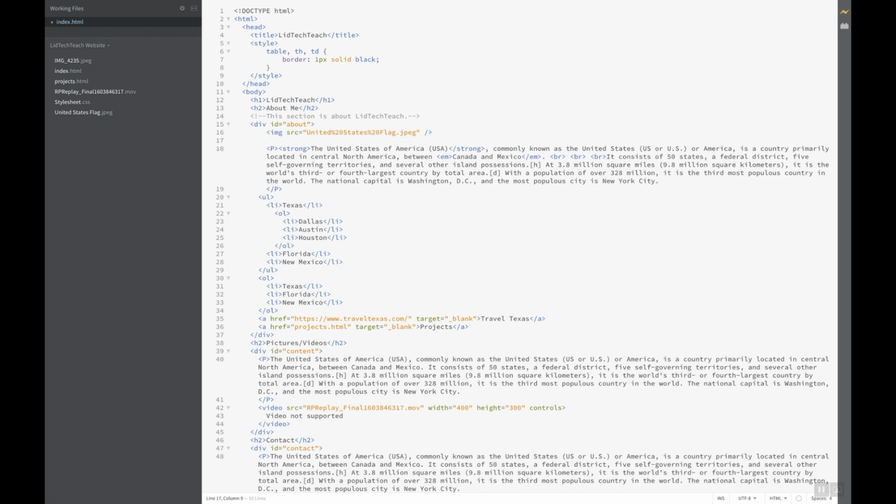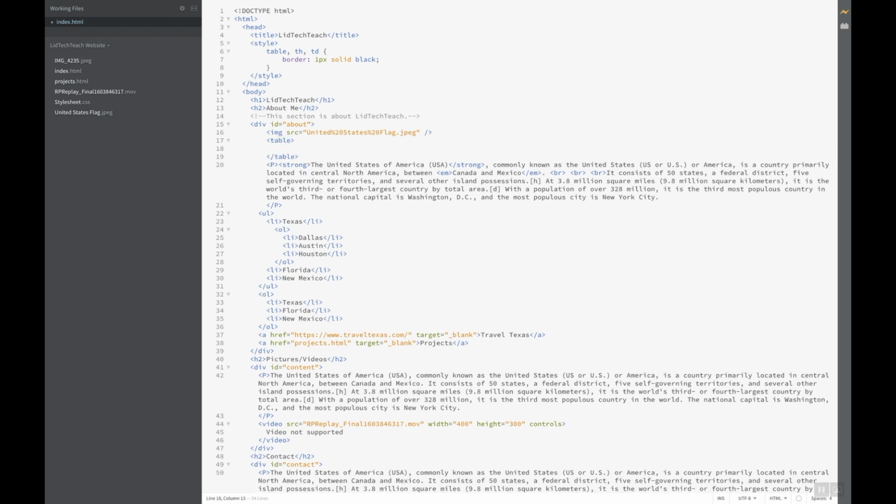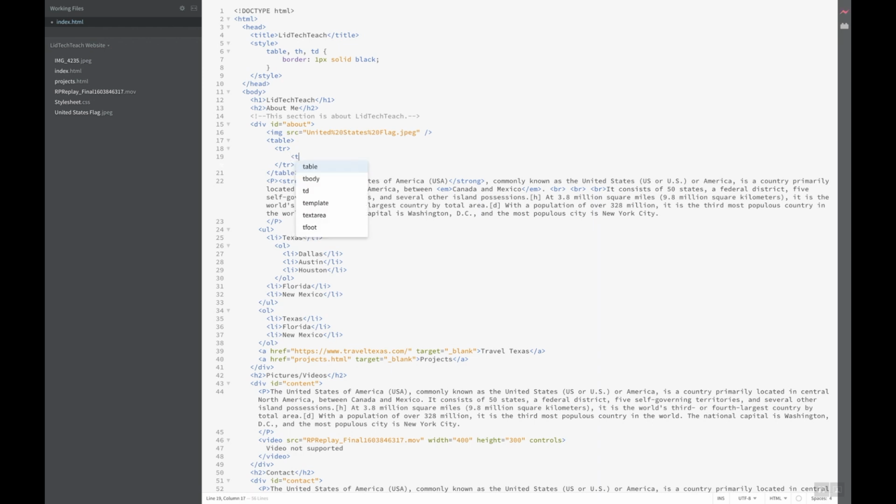All right, so for the first thing, you're going to come over here and we're going to have to create a table tag. This is where all of our information is going to go. You always have to have a table row tag for anything that you do. You would not just put raw text or raw data in here. You would have another TD, or table data, tag in here as well, and that is where we're going to put our information. So I'm going to go TD,